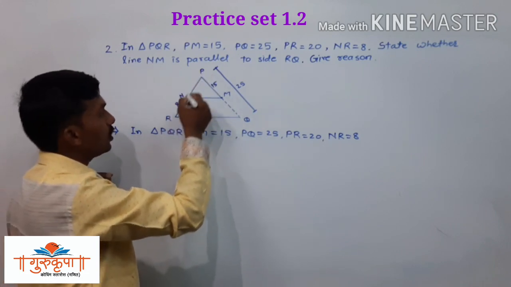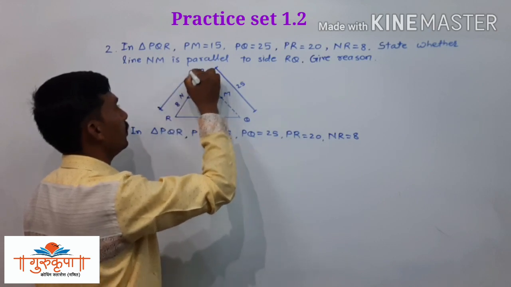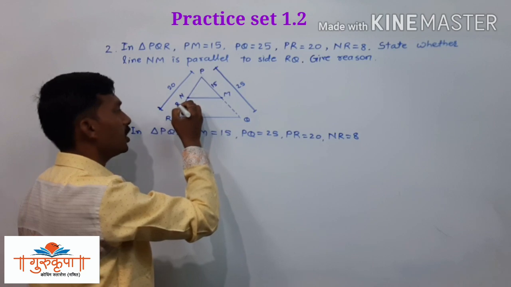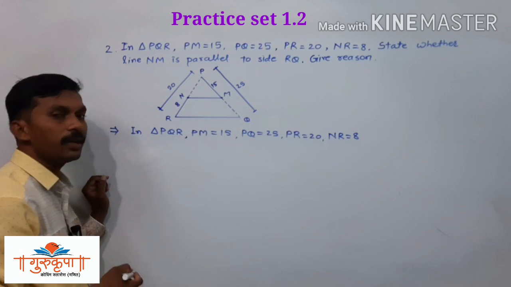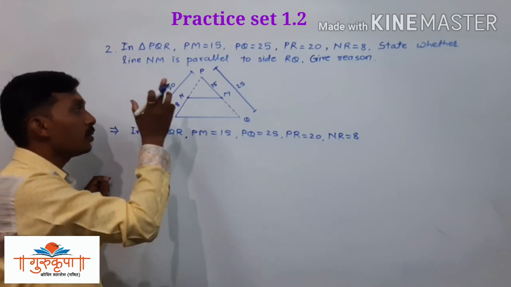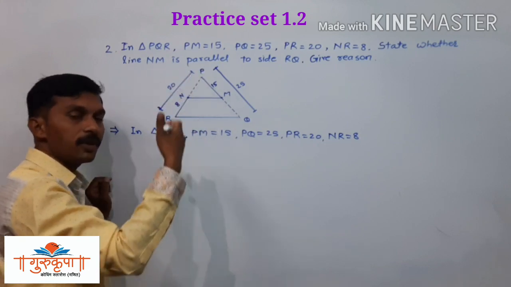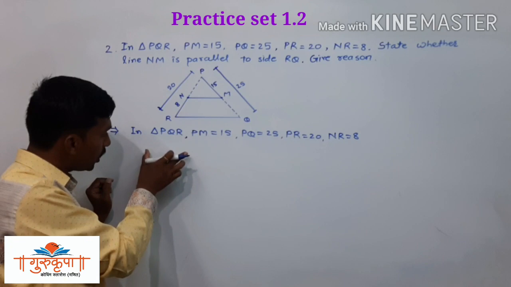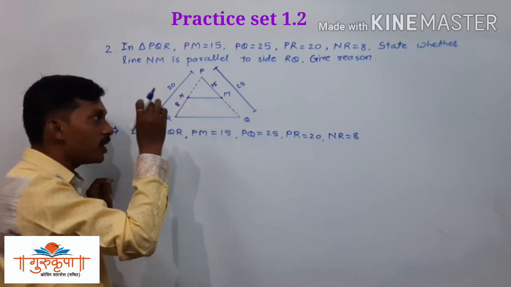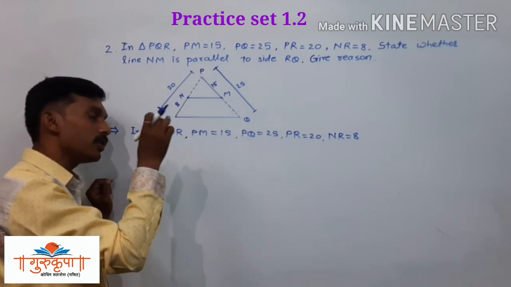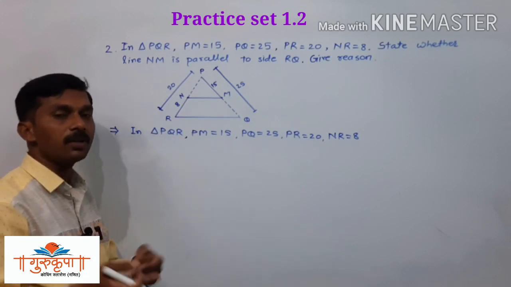Then here we know PR. PR is given 20. Subtracting this 8 from this 20, you will easily get the length of segment PN, and it will be 12 units. So you have to write that part here. Some segments we know and some segments we have to find. Do not directly write the ratio, since we do not know the measurements of the segments included in the ratio. We have to find them first, and then we will use the ratios and find their values.